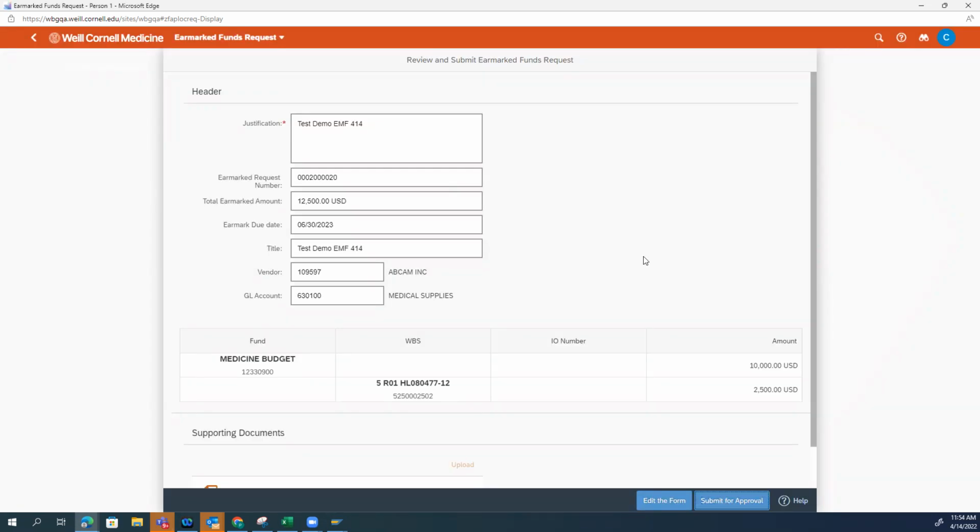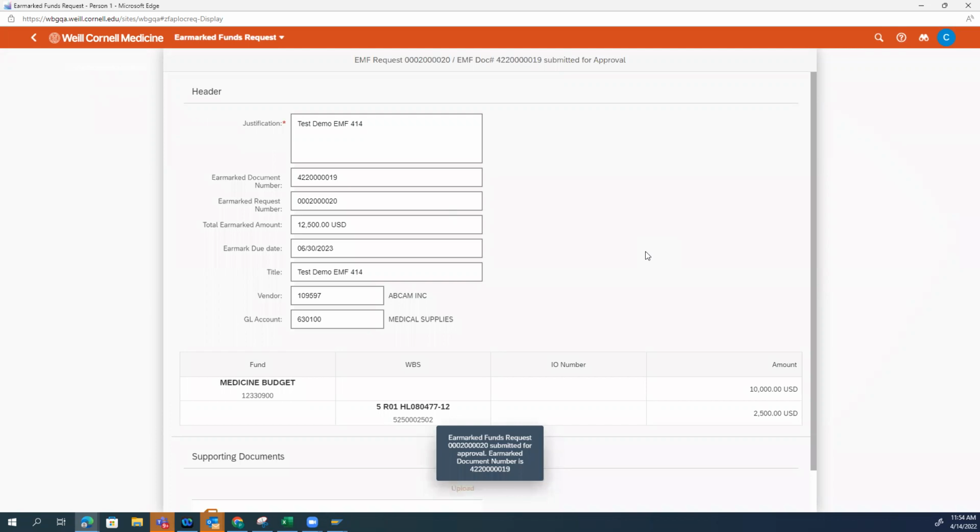Again, it's no different than what you are used to for the eForm PR. So now you can see that as soon as you hit submit, you are consuming the budget, right? There is a document. Why did I say that? The document number 422119, that is an earmarked fund document in the financial system, which is creating a commitment against these funds for